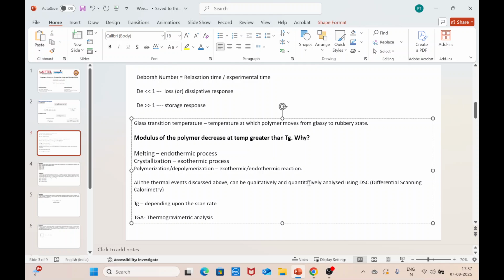Apart from this, we also have to discuss thermal conductivity, which is nothing but how much heat the material can conduct. That is the basic definition. Speaking of polymers, polymers are thermally insulating in nature. They have very low thermal conductivity, and that is typically the reason why they are